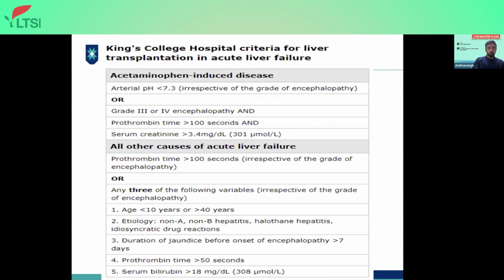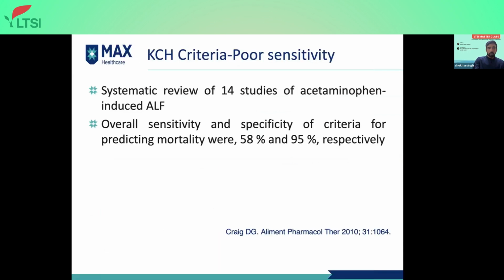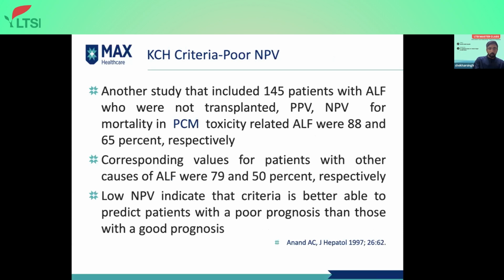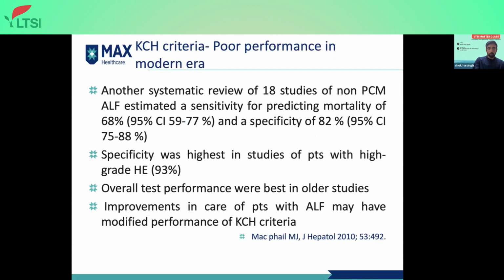As we all know, these are the factors we use in PCM ALF and non-PCM kind of ALF. Studies, systematic reviews and other studies have shown that the criteria have poor sensitivity of 58% but higher specificity of 95%. One problem is the low negative predictive value, which means the criteria is better able to predict the patients who have poor prognosis as compared to those who have good prognosis. Other studies have also described good specificity but poor